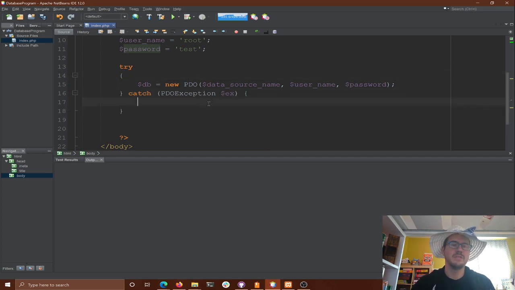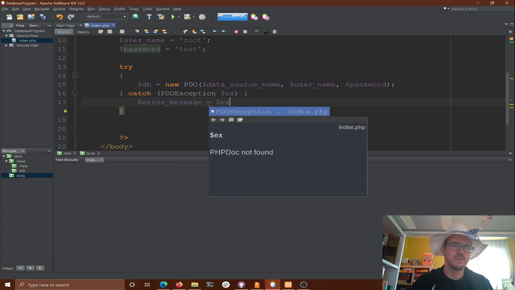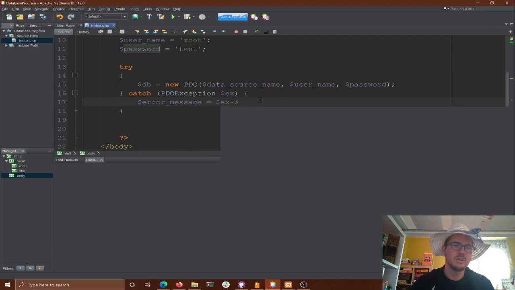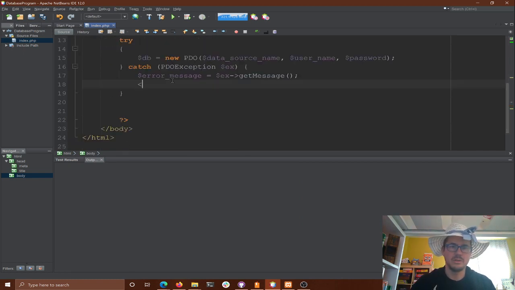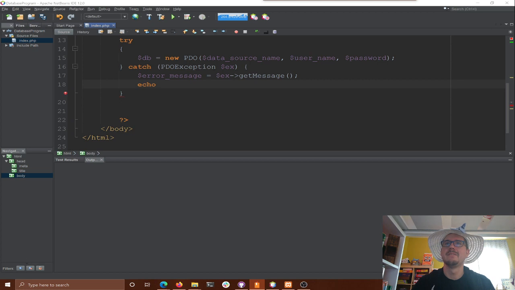And then we could print out the message if we wanted. So we could have an error message, say the error message is our exception. We're catching an exception, here's the exception, and we're going to use the error message out of it. And then because it's just in our body here, we can do a little PHP echo. I can echo a bad thing happened.